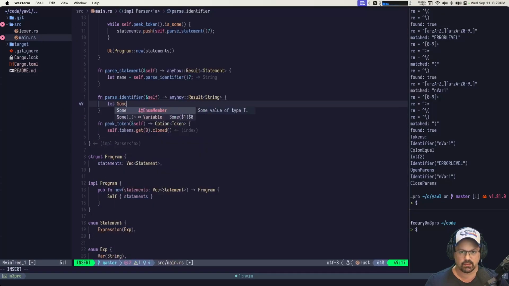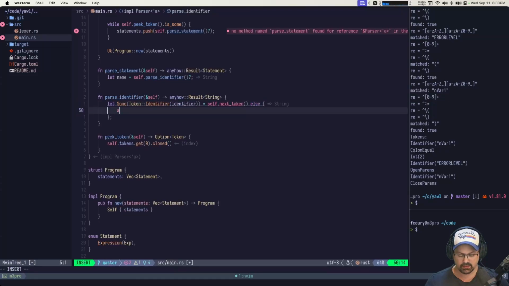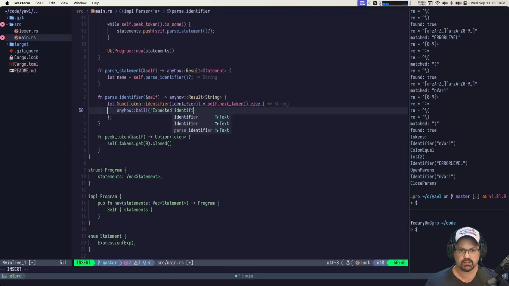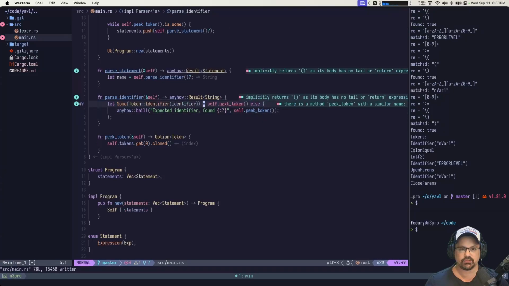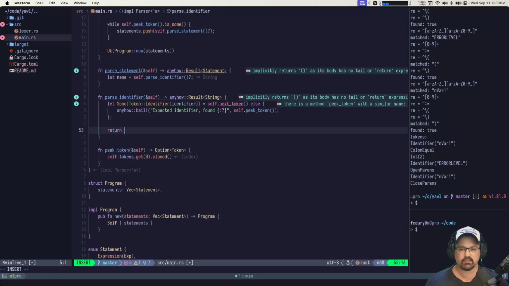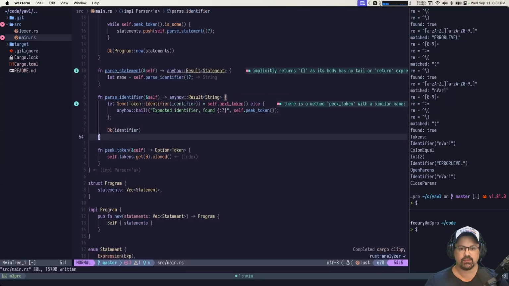And then here we have to do this: let Some(Token::Identifier) equals self.next_token, let else we can say anyhow::bail expected identifier found, and then self.peek_token, like this. Yeah, so now identifier should be a string, and we can return the identifier like that. So we need to implement next_token,